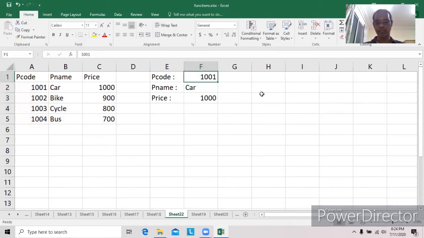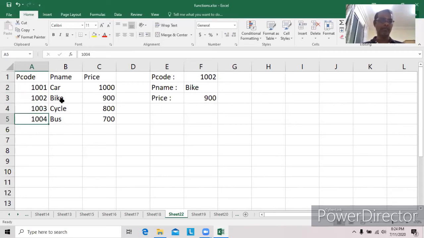I would like to change it to 1002, correct. 1003, correct. 1004, correct. If I make some changes here, it's correct. Whenever I do 1002, it shows the wrong answer. So the values should be in ascending order.